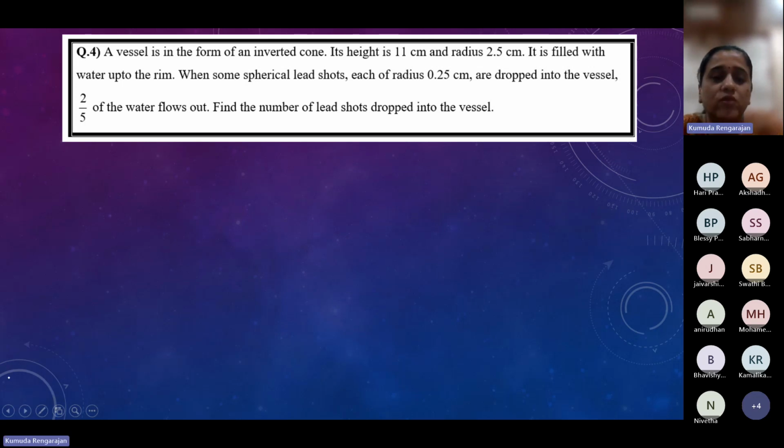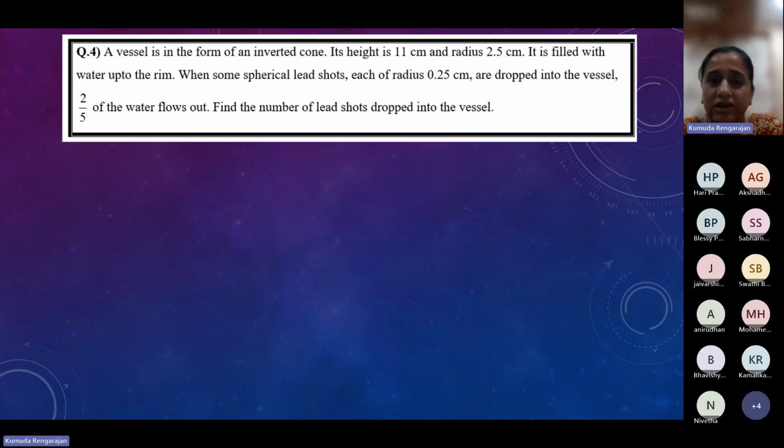A vessel is in the form of an inverted cone. Its height is 11 centimeters and radius 2.5 centimeters. It's filled with water up to the rim, so it's completely filled with water. When some spherical lead shots, that's the shape of the solid sphere, each of radius